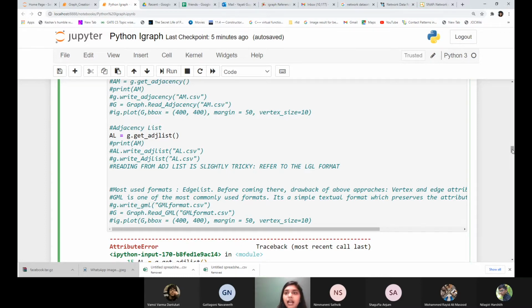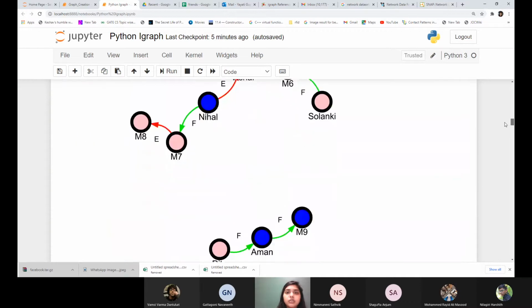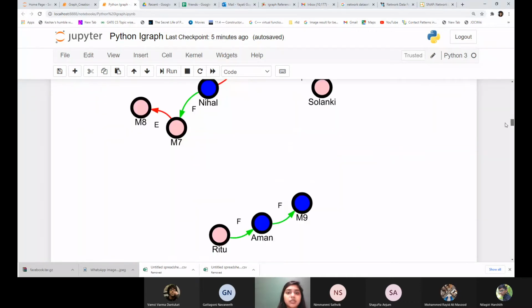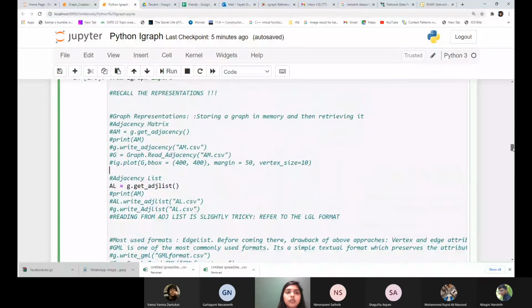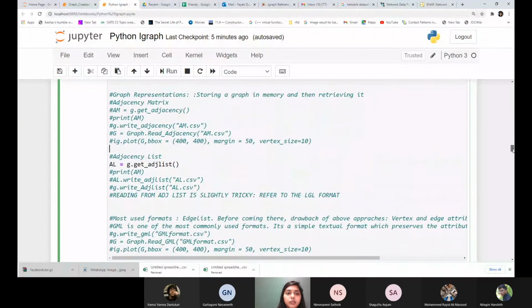So we had this graph above where we had all these nodes which were having different labels, and edges which were having labels and different colors. So what is the problem if we use any of these formats to write this graph? The problem is that all of these formats only take care of the edges, or which nodes are connected to which other nodes. It is difficult to store the attributes which are associated with your nodes and edges. So above we have given certain names to those nodes, certain names to the edges. We have defined certain colors for nodes and edges.